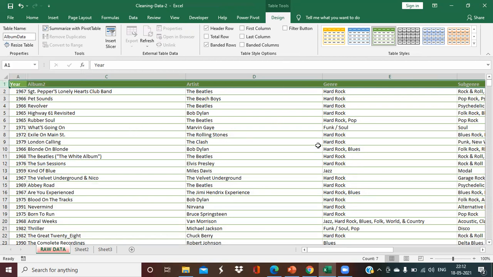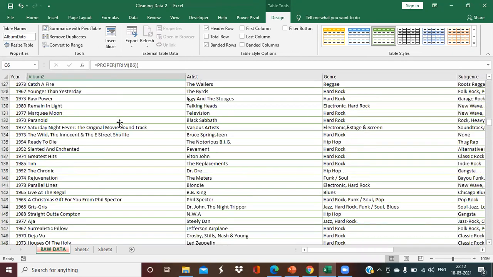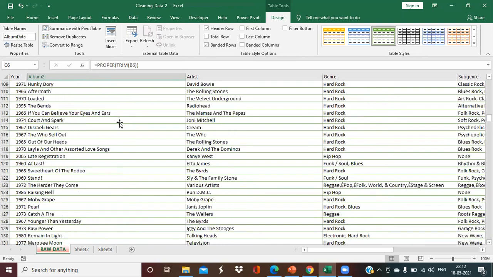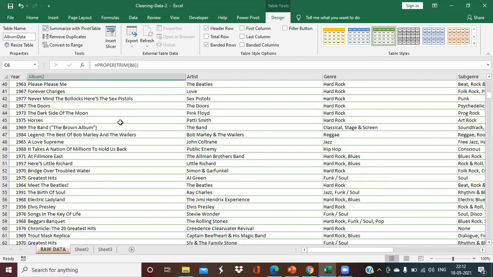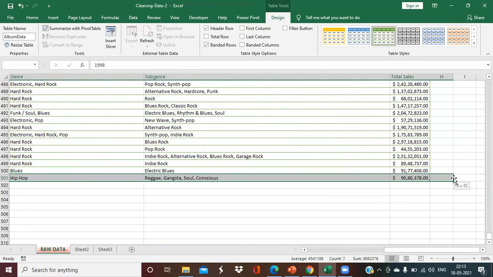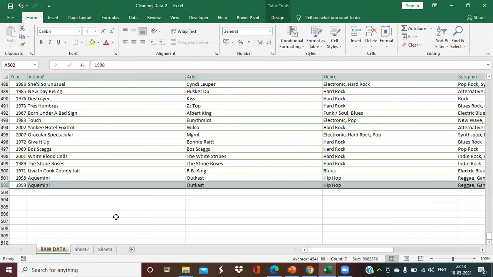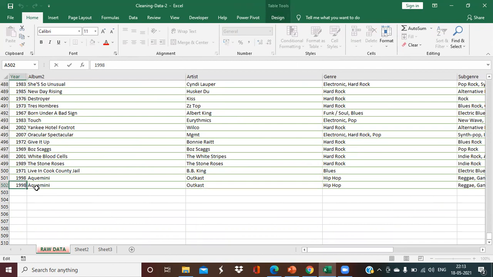Okay, so done. Now let's come to the point of exactly why I have converted this data into a table. Because suppose you create a pivot table from this data, and tomorrow, the next day, new entries are getting inserted. So if I copy this row from here and paste it here, change the first value and make it unique, and maybe there are some other records as well.